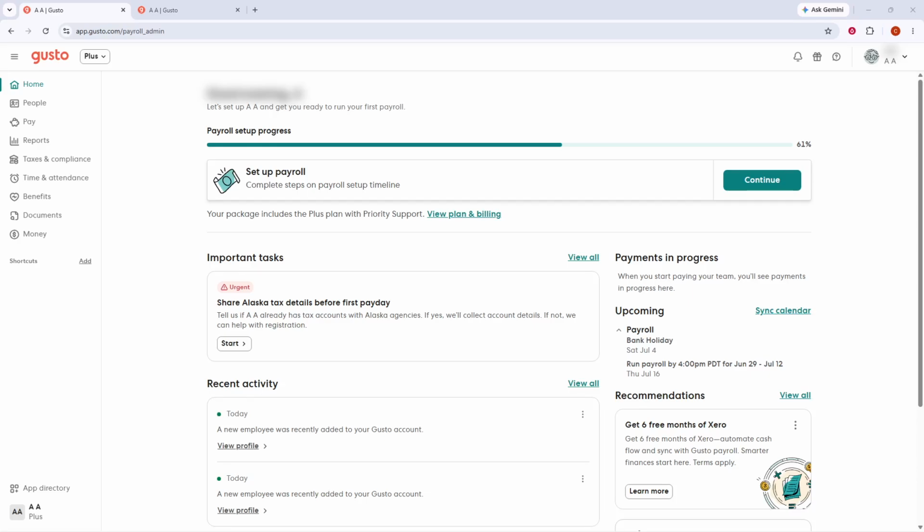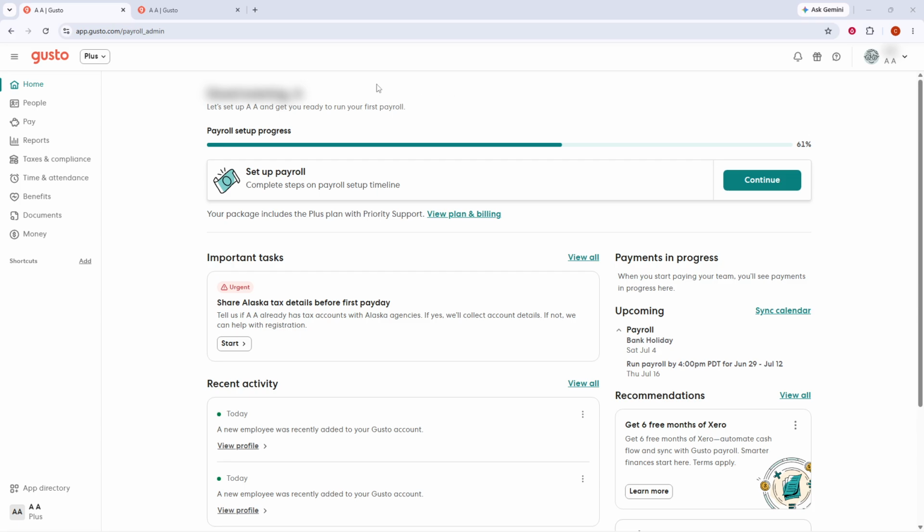In today's video, I'm going to teach you how to export a general ledger report from Gusto. To get started, log into your Gusto admin account. Make sure you're using an account with the right level of access, since reporting options can vary depending on permissions. Once you're signed in, take a moment to confirm you're on the main dashboard, so it's easier to follow the